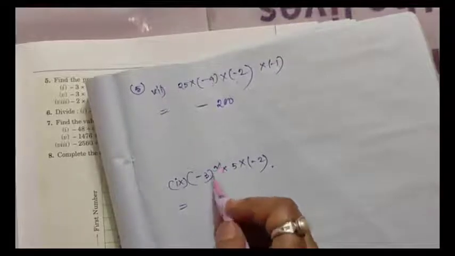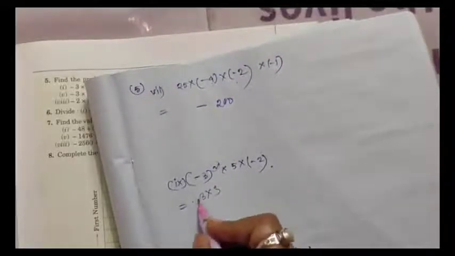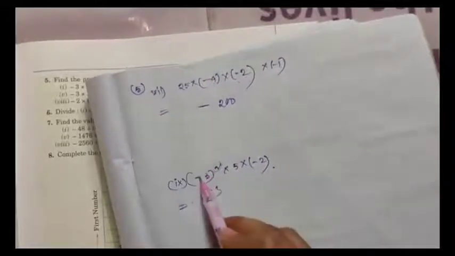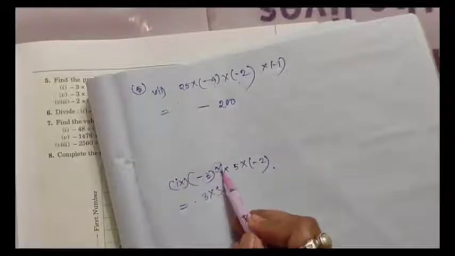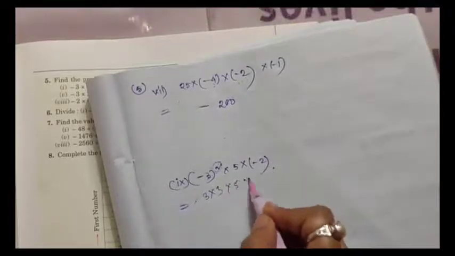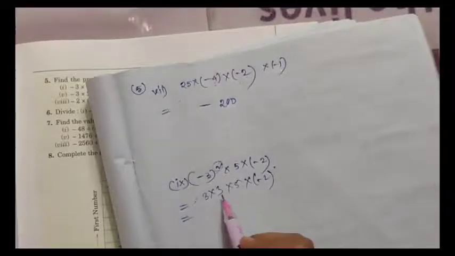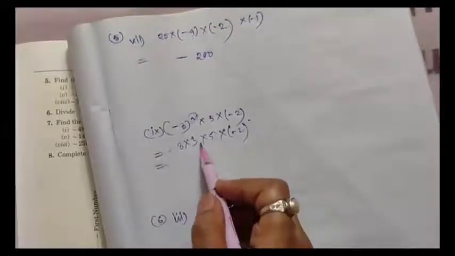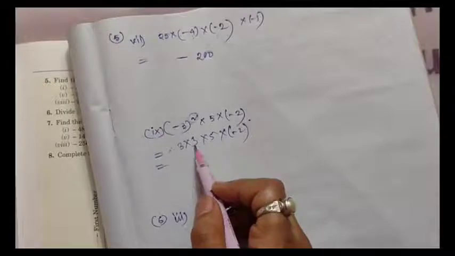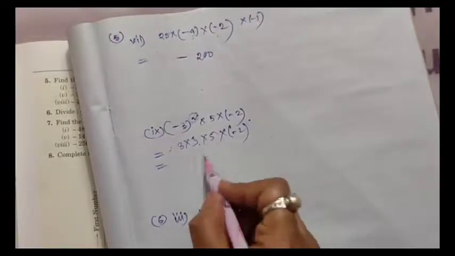And 3 to the power 2 means you need to multiply 3 two times, that is 3 multiplied by 3. Why didn't we put a minus sign here? Since the power of minus is an even number, we put a plus sign here, then 5, then minus 2. Now we multiply the absolute values: 3 3s are 9, 5s are 45, 2s are 90.